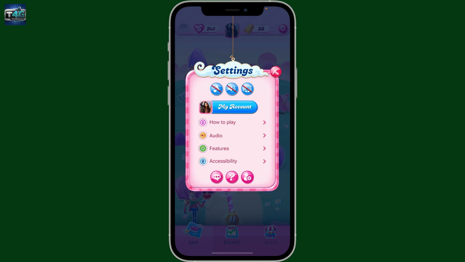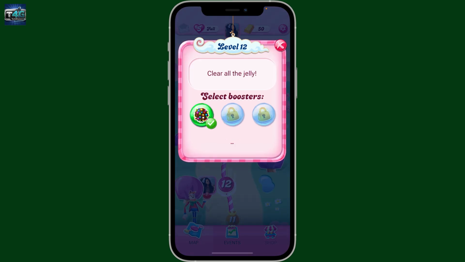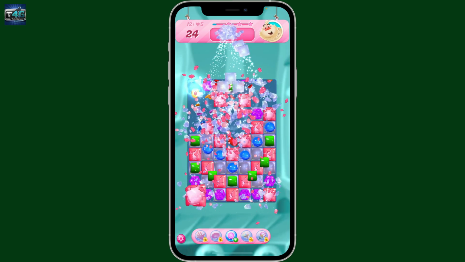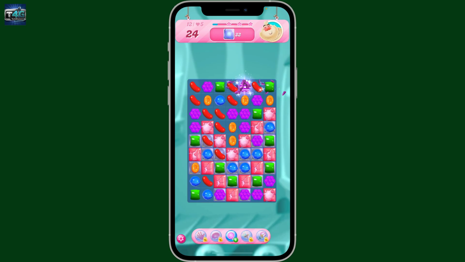As long as the vibration icon is crossed with a red line, it means that you have turned off vibrations on your game. That is how you turn off vibration in Candy Crush Saga. You can now go ahead and play Candy Crush Saga without feeling the vibration whenever you cross a candy or